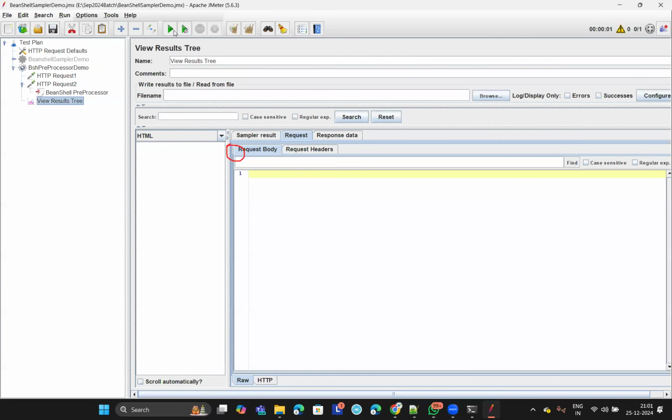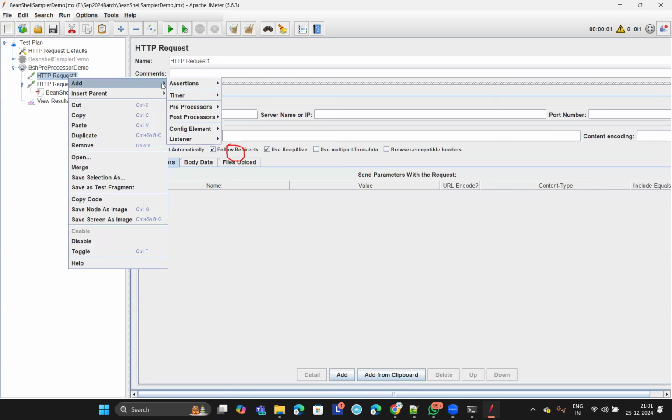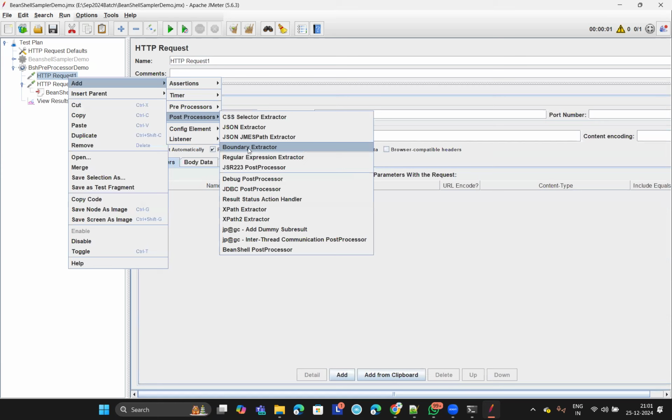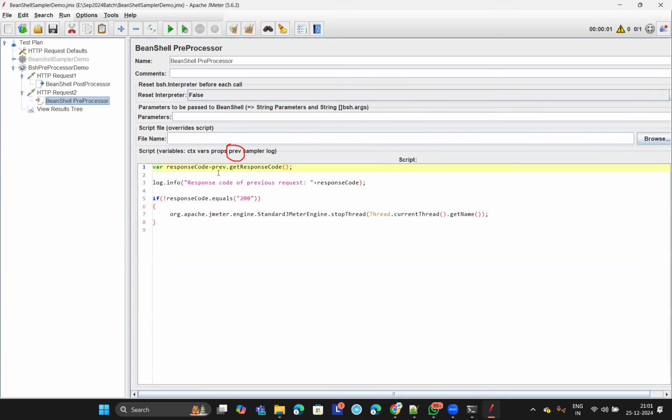Okay. Just for this example, in order to avoid confusion, we can add that Beanshell as a post processor in the first request, right? No, basically, if you add a post processor here, and in the post processor you are using prev, it means there is no previous request, isn't it? In this scenario, we cannot use it exactly. Suppose you add a post processor here, so you want to use a Beanshell post processor, and if you use the same code, prev.getResponseCode, there is no